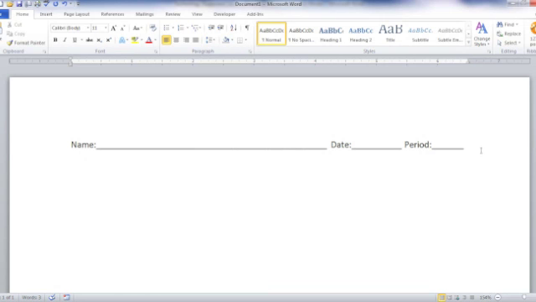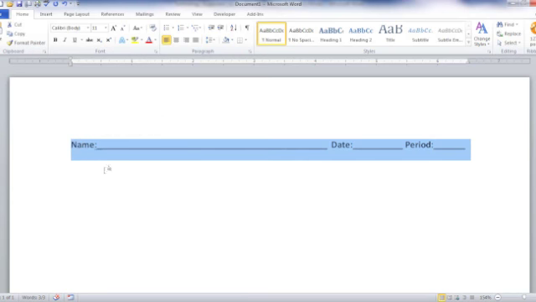Well, notice it didn't take that long, but when you're doing that for every worksheet you create, it can be kind of time consuming. If I really wanted to play with this, I might say I'm going to make the word name bold and date and period bold. So all those bolds, I might change the font or the size or something like that. But once you have it exactly the way you want, you're going to highlight the text that you're going to make an auto text. You're going to go into Insert,